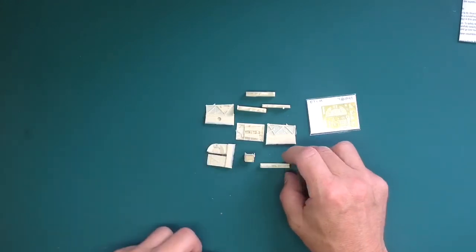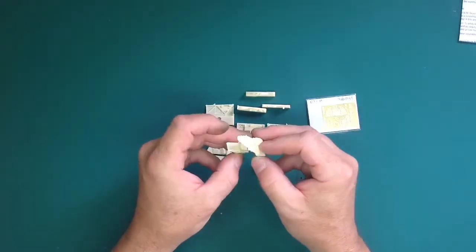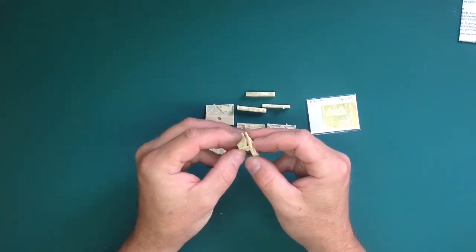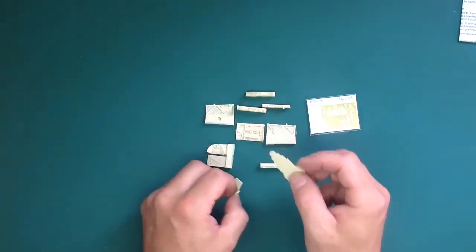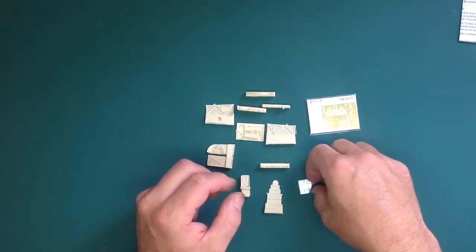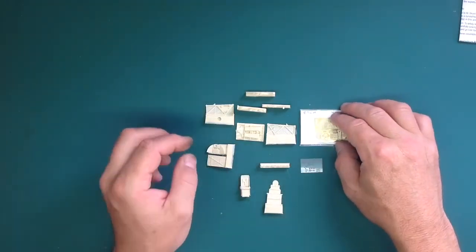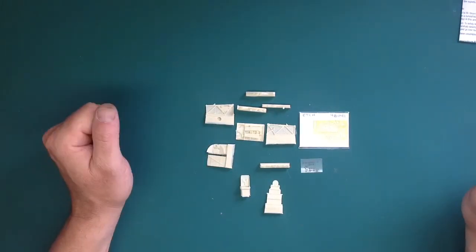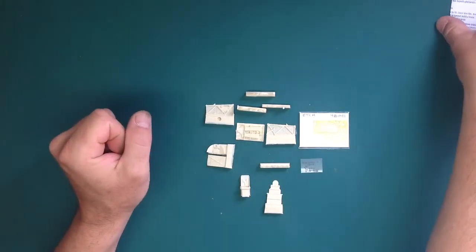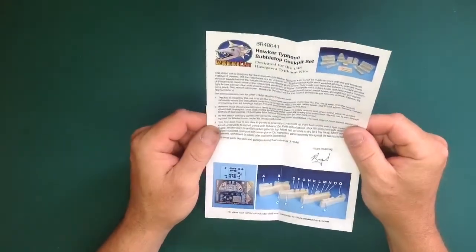Odds and bits and pieces. And that's to be the back of the seat, I imagine. That will sit on there. I imagine something like that. Lovely, beautiful. And then we get a bit of acetate for the etch. So there is a cockpit set, a resin cockpit set, and luckily for me, they've included a